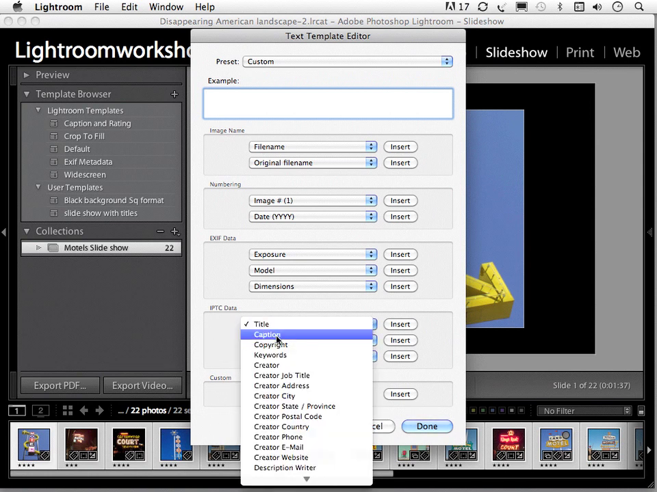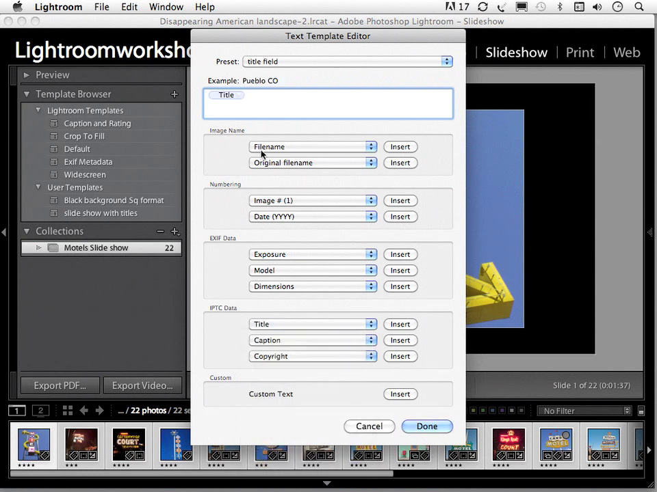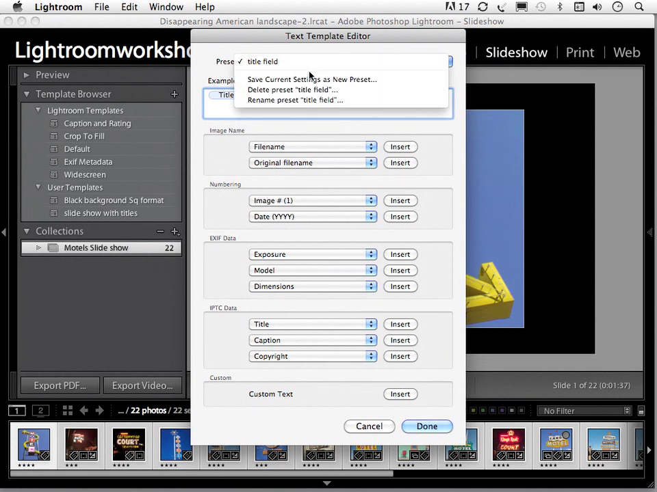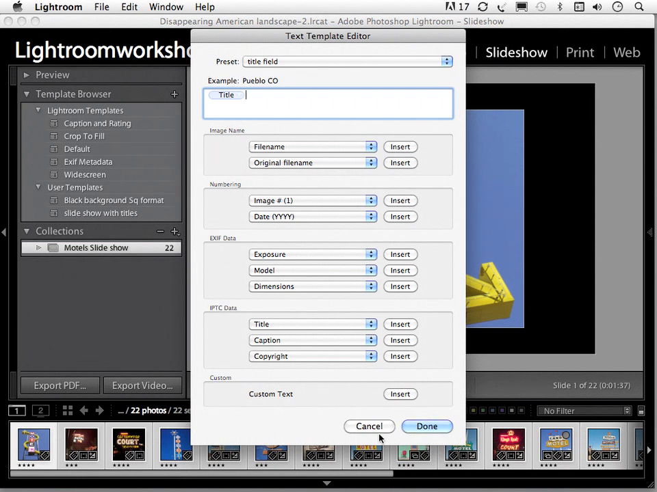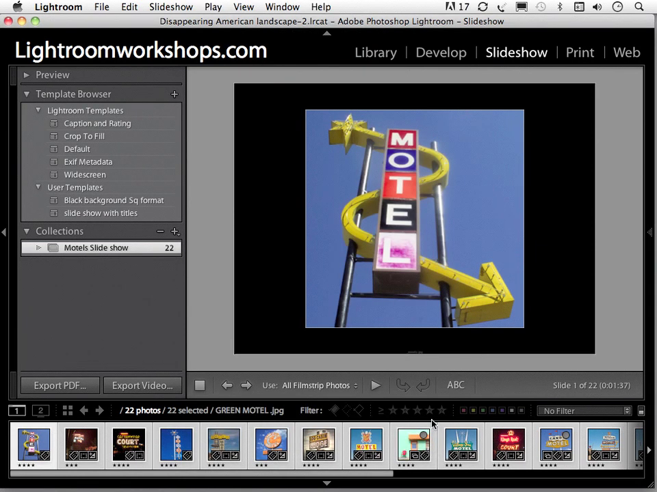So I'm going to move to the title rather than the caption information, because that's where I inserted the information in metadata, and say Insert. And then I would save that as a title field. So you're going to hit Save Current Settings as a new preset, and title field should appear. Now once you say Done, and you use this preset,